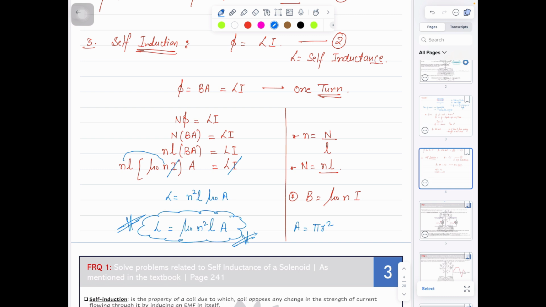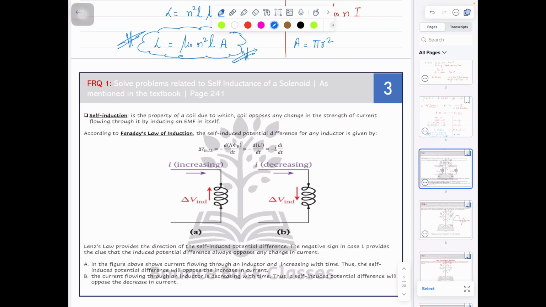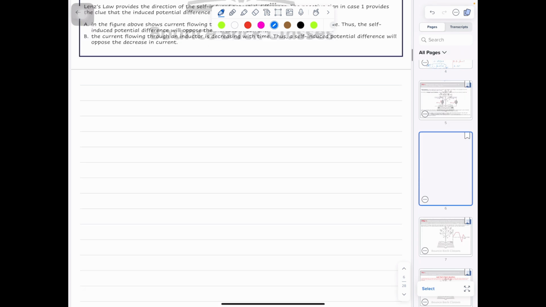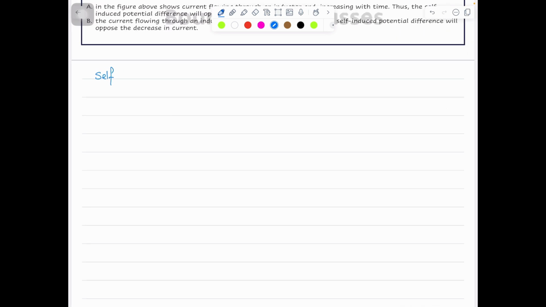There is one more thing we need to understand. There is the word called self-inductance. It is a property we need to understand. I will add a page here so that you can continue. So the word is called self-inductance. What is self-induction? I will explain its definition, but the first thing we need to understand, as we know,